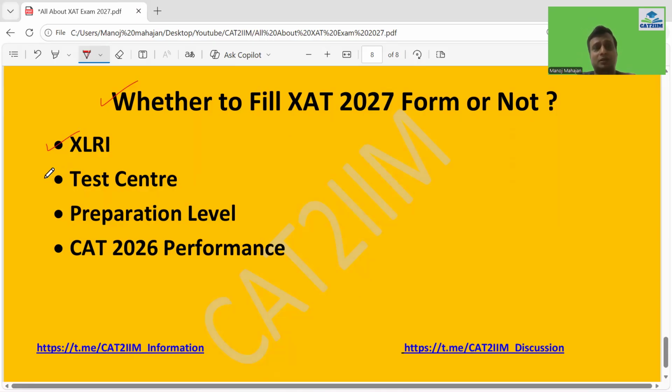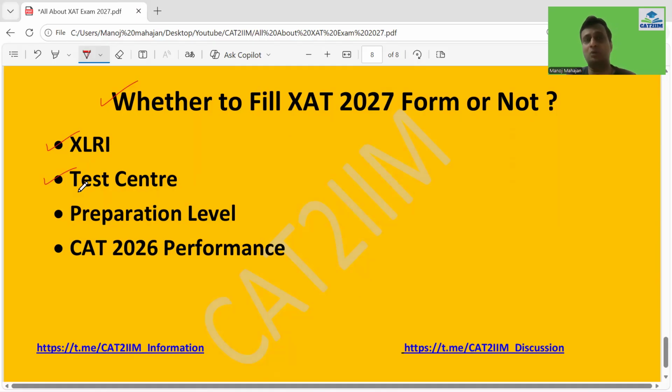So let's say the test center also becomes relevant for some of the students for sure. What I mean by that is, if you are just 70 to 80% sure, but you want the test center as per your preference, the first preference, then the XAT authority has come up with what I feel is a marketing strategy so that maximum students fill the XAT form on day one. What I read on the website is that those who fill on day one, that is 15 July 2026, would get the test city of their choice, the first preference.